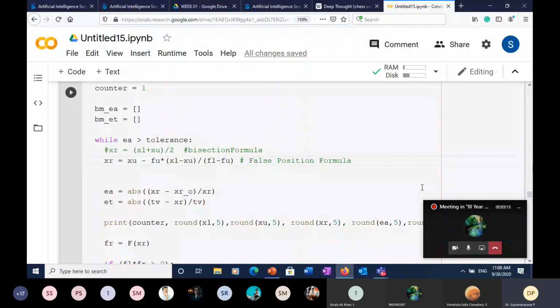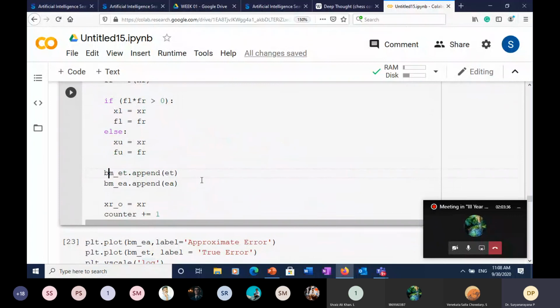So what do you think changes here? I mentioned in the class that the false position method converges faster. Not as a rule, but in most cases, it in fact converges faster. So we'll see if that is true. All I changed is here, and for the false position method, I'll change these so that I can plot them along with the other ones.